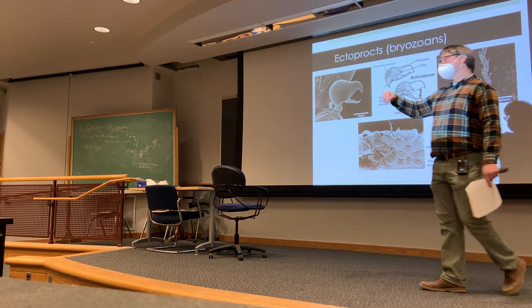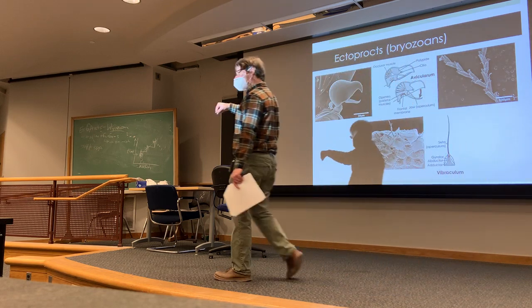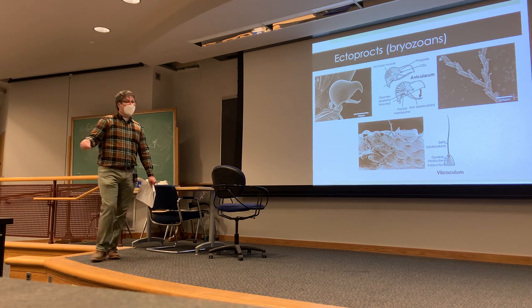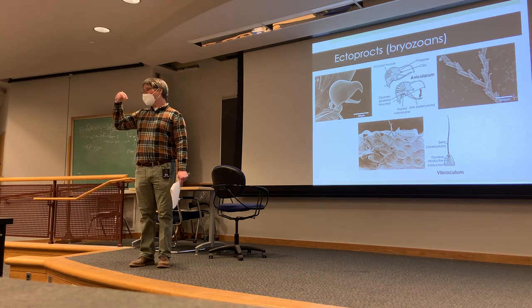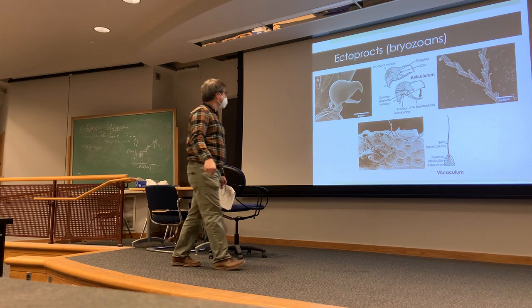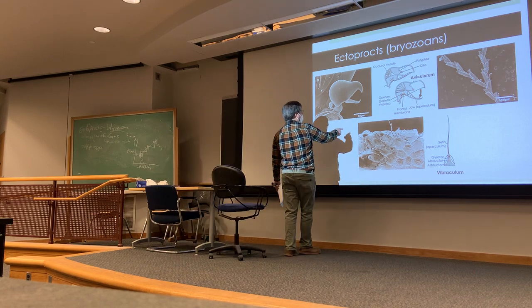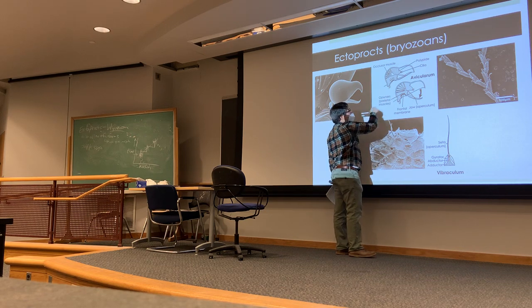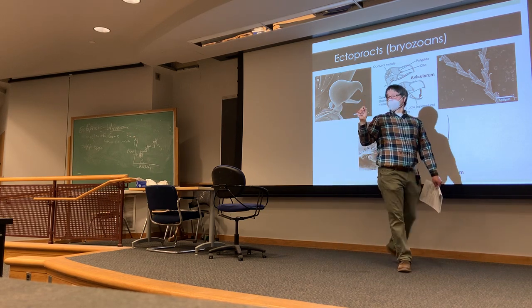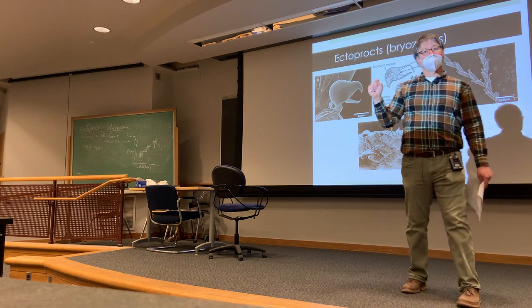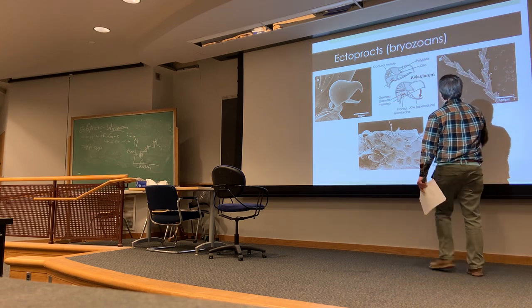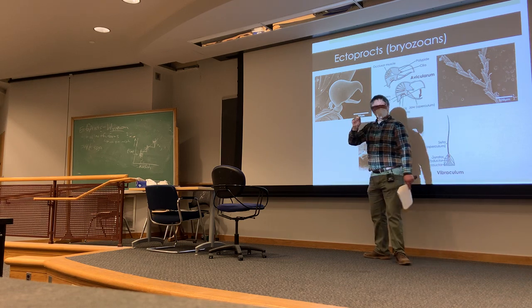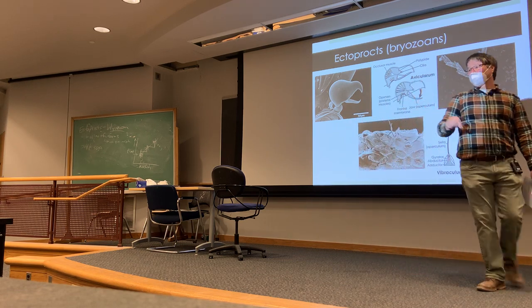Most of the individual zooids are feeding type zooids. Again, like we talked about with hydrozoans way back in January, there could be individuals of the colony that are specialized for particular processes. There are these modifications of the zoecium that are used for keeping things from settling on the colonies. They're known as avicularia, because they're kind of bird-like. They look like a little bird beak that works to keep things from settling on